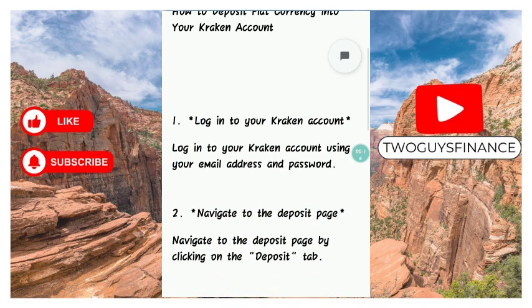Now the first step is going to be to log into your Kraken account. So go ahead and log into your Kraken account using your email address and password. And once you're logged into your Kraken account, you're just going to navigate to the deposit page by clicking on the deposit tab. So click on the deposit tab, and then it's going to take you to the deposit page,